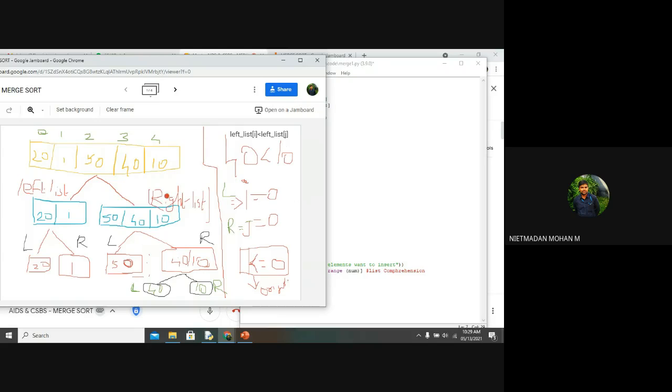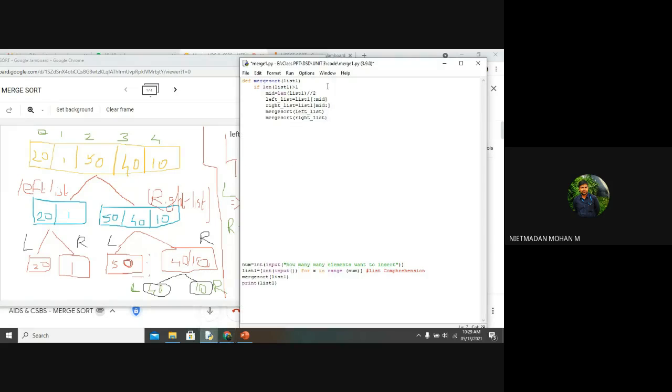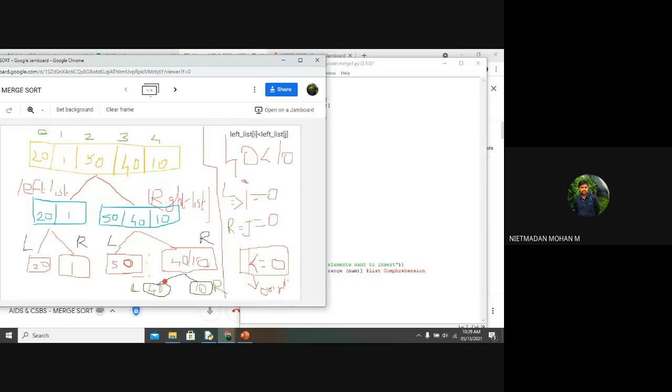After splitting, it means that we have split all the terms into single elements. This is the concept. And after completing the single elements, what is the process? We want to sort the last split elements. So here this is the last one, right? This is the first step, this is the second step, and this is the third step. First we want to sort these two numbers.